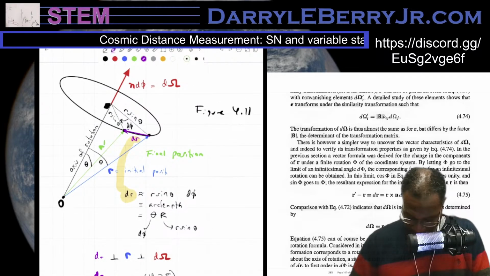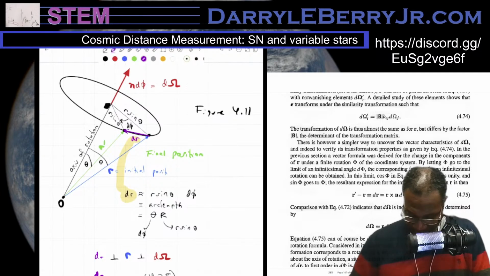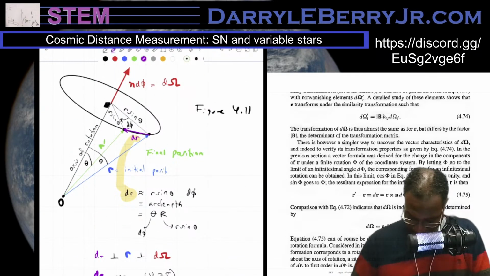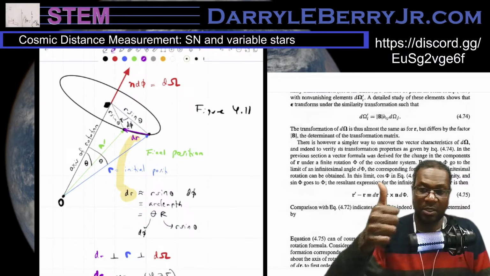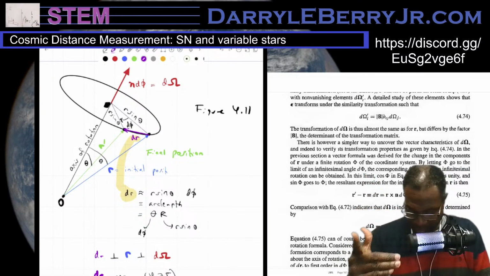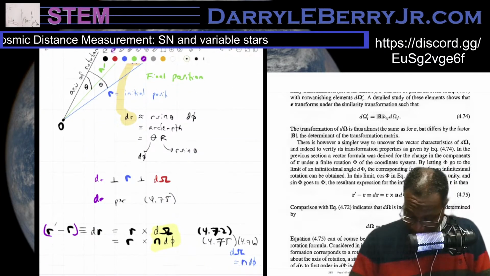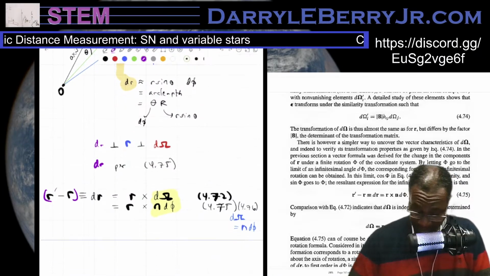R cross d omega. Okay. So the limit, the cross product of R and d omega would be like that, which makes sense. Yeah, that's correct. So it's R then d omega. Using the right hand rule, it'd be R then d omega, and then the fingers are pointing in that direction. So that seems good. Comparison with equation 4.72 indicates that d omega is indeed a vector and is determined by